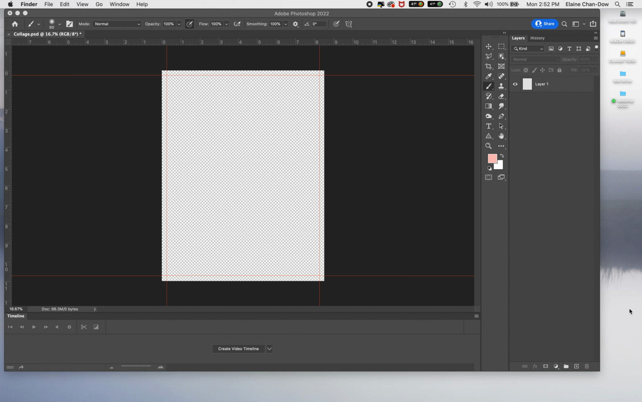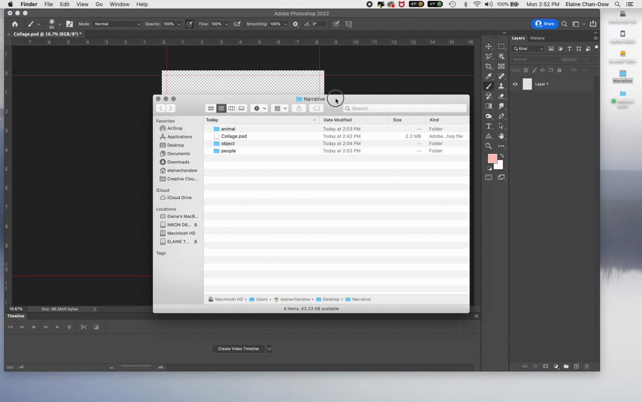This video is about importing images into Photoshop. So please pause this if you haven't found your images. I want you to find images of people. So let's take a look at that. So people,